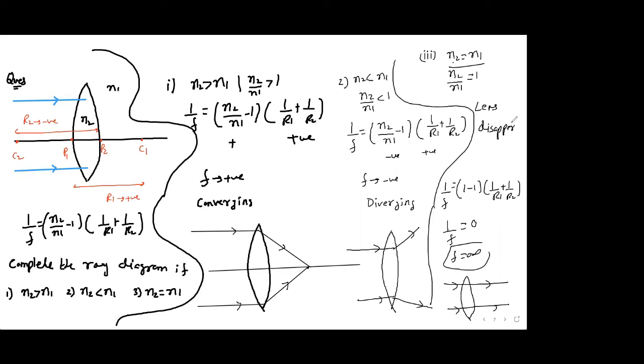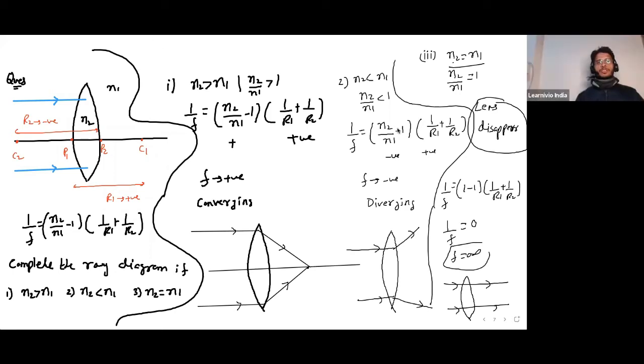Lens actually disappears in this particular case. It's like if I take water and in water I place a lens made of water, then you cannot see that lens in the water. If you put a lens into a medium having a refractive index same as that of the lens, then there is no refraction. You cannot see that lens. Like in the air, I say there is a lens of air in air. Obviously, you cannot see that lens.